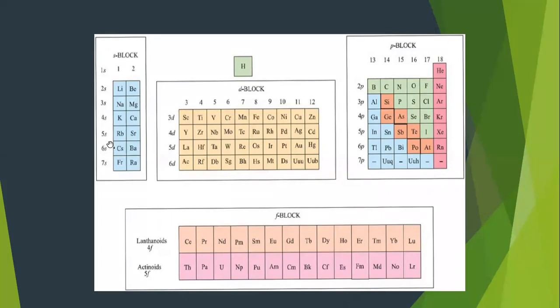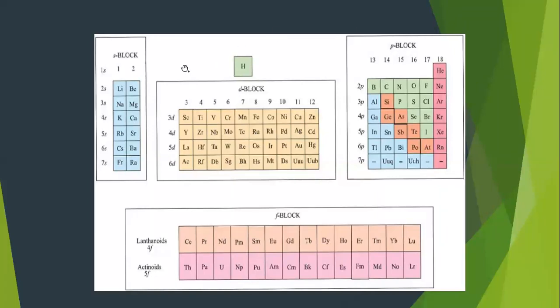When we move from left to right, this is along the period. So whenever you explain any property, we explain it like this: when we move down the group, this property changes like this, something decreases, something increases. When we move along the period, that means from left to right,